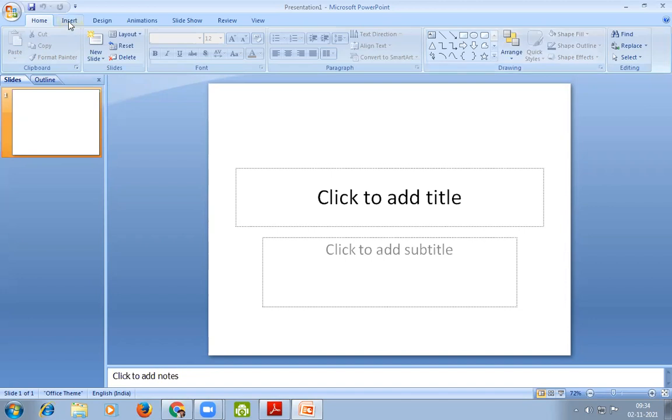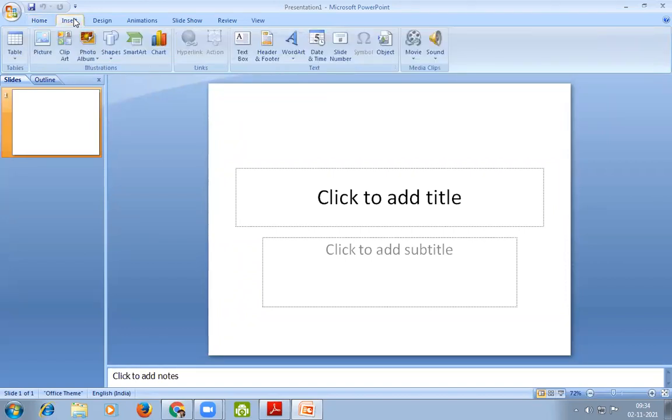Here under the ribbon, there is another tab called Insert tab. By clicking on the Insert tab, there are options to insert, which means to put something on the presentation.